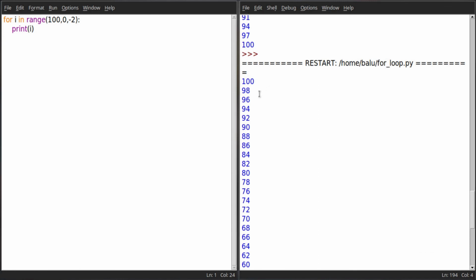See, 100, 98, 96, so on, 6, 4, 2. In this way, we can print numbers ranging from one number to another number, or you can repeat a statement a specific number of times.